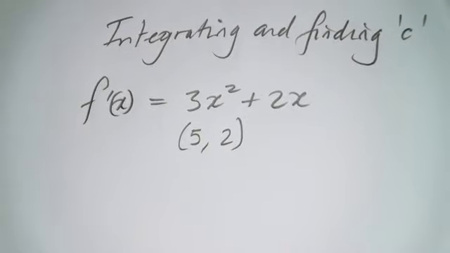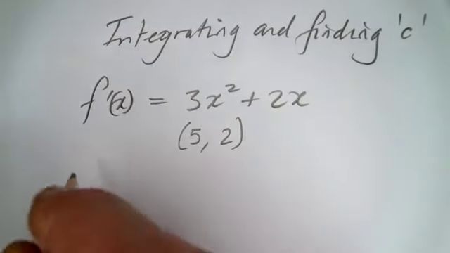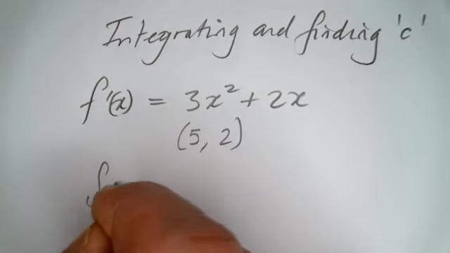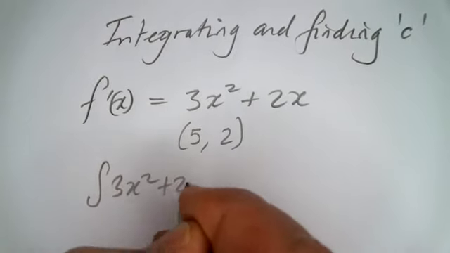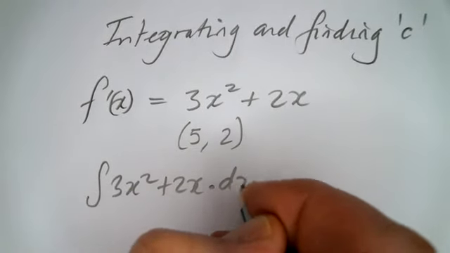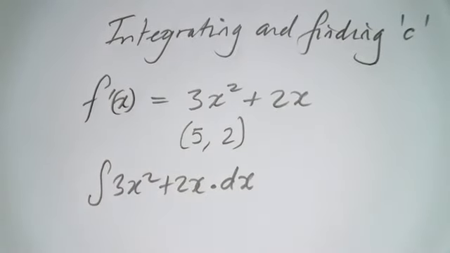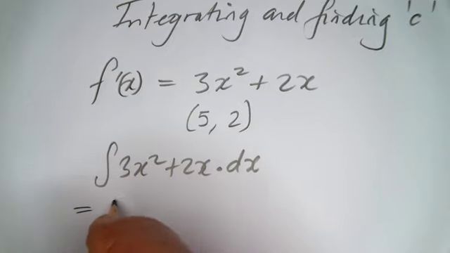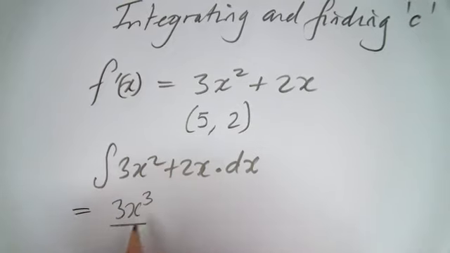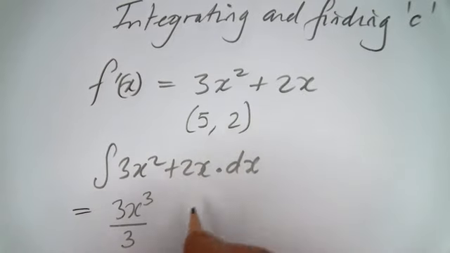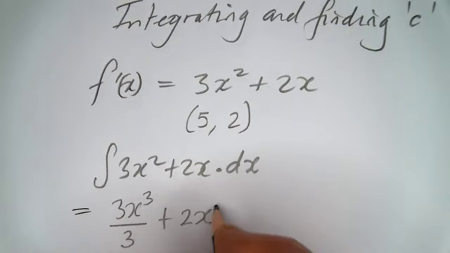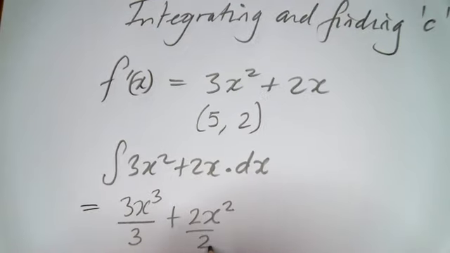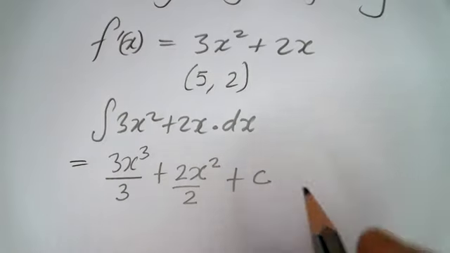Now, when we integrate that, so that's the first job, we're going to integrate this. So I'm going to say integrate 3x squared plus 2x dx, and of course the dx just means with respect to x, so that would equal, we're going to increase the power by 1, so this is now x to the 3, so it's going to be 3x to the 3 divided by the new power, and we're going to have this power here, it's going to be plus 2x, we're going to increase the power by 1, it's now 1 at the moment, so it's going to be a 2 divided by 2. And of course, we're going to have to say plus c,